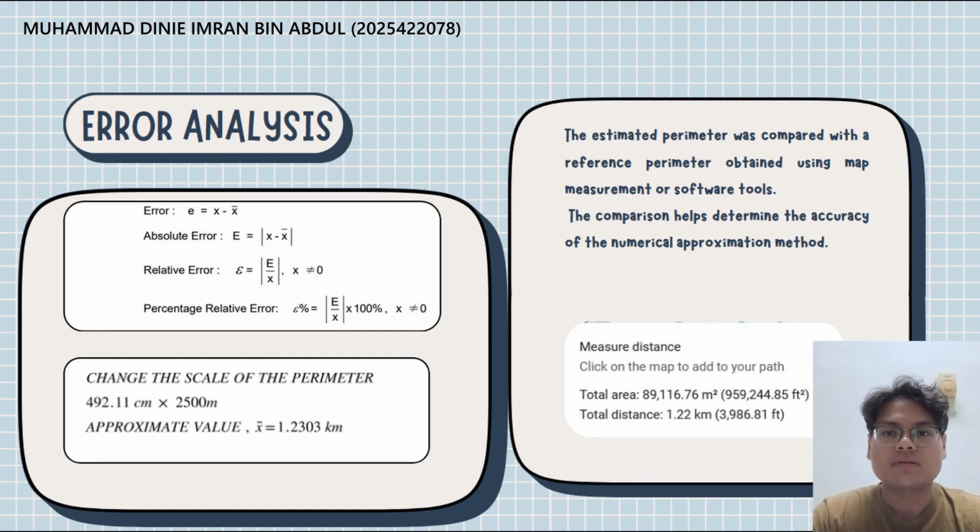In comparison, our mathematical approach combining discrete least squares piecewise curve fitting with arc length integration yielded an estimated perimeter of X bar at